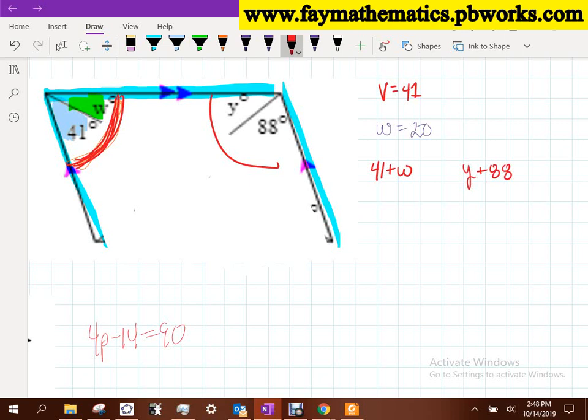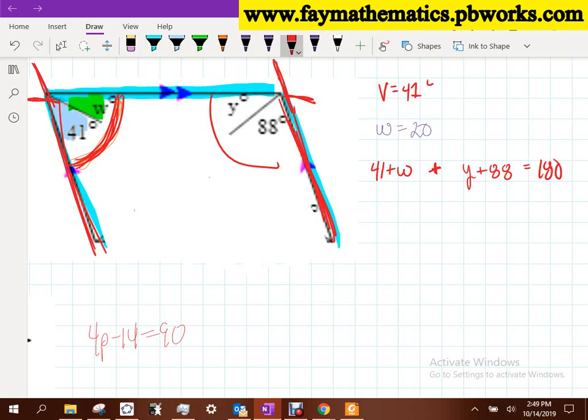Now, what can you do with those two angles? Because you know that this line here and that line there are parallel. These two red angles are what to one another? If we look at our parallel lines extended, they're supplementary, right? They're same side interior angles. So add them together, set them equal to 180. And that's what you were saying, Skylar, that you did, right?